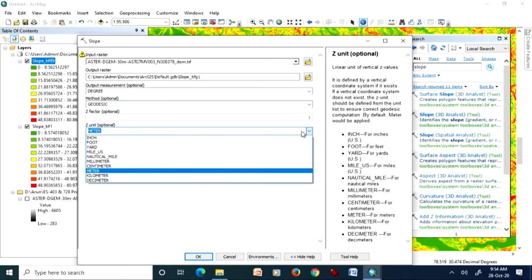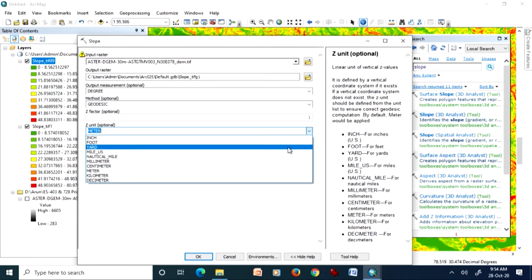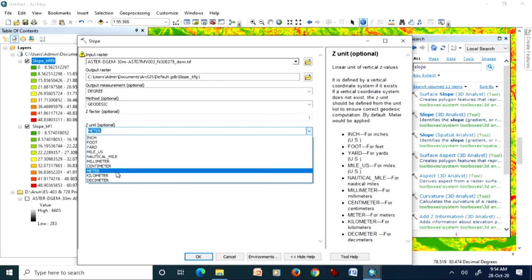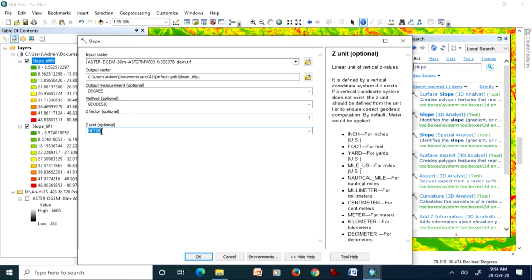If they are not in meters, then we have to be very, very careful about this. So while doing this exercise, you have to be a little careful about the units. For the time being, I will keep Z factor 1 and see what happens to our output.